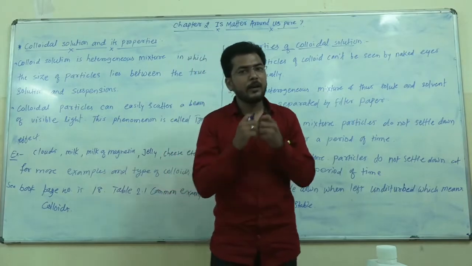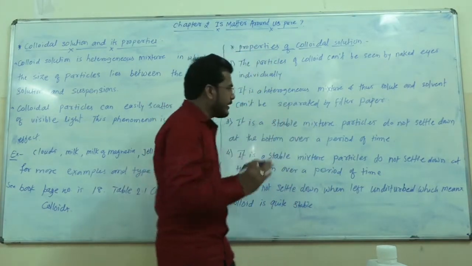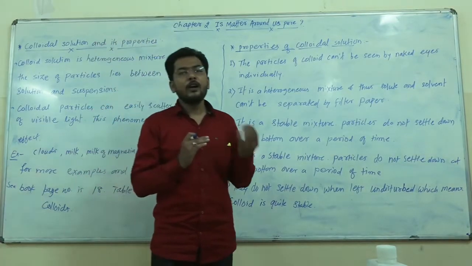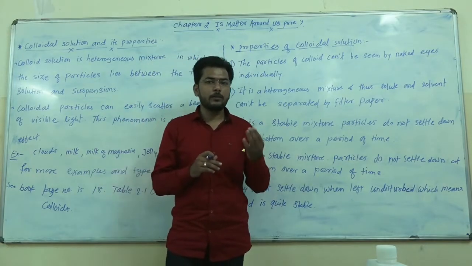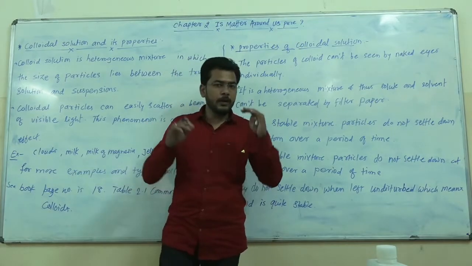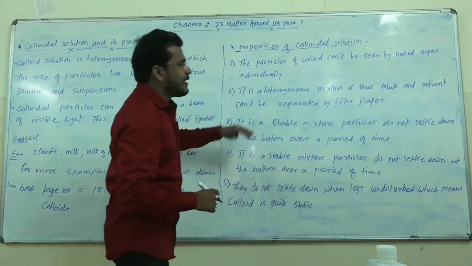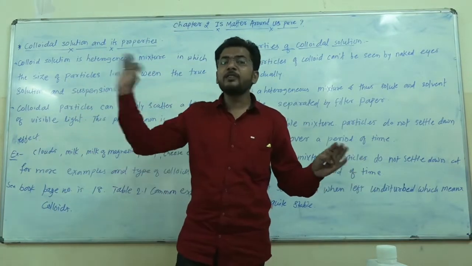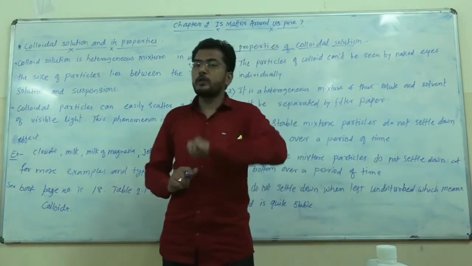Due to this reason, we are not going to be seeing that particle with our naked eyes. But in case of suspension, we can see these particles. These are near about 100 nanometer. Size of the particle is 100 nanometer, so we can see it visible with our naked eyes also. But in case of colloid, the particles of the colloids lie between suspension and solution, so we cannot see this particle individually